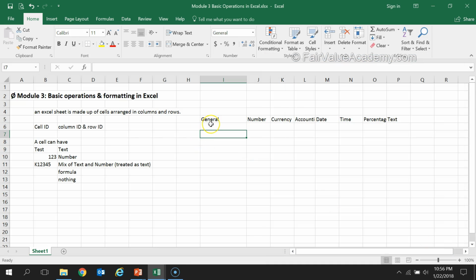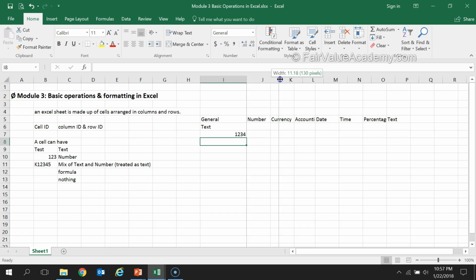By default, Excel will have general category applied to all its cells. As explained earlier, a general category will look at the data you enter and adapt its formatting to the necessary type of data. So if it is a text, it will left align it. If it's a number, it is going to right align it, and so on.